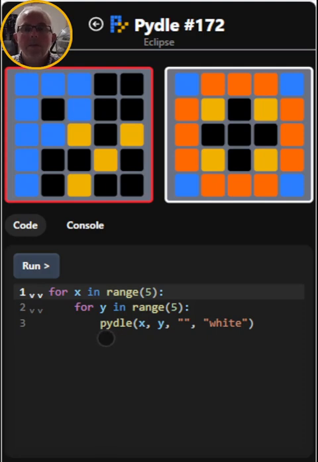Welcome to Pydle Day 172. Pydle is a daily puzzle you need to solve by writing Python code. Today's Pydle is called Eclipse, after the solar eclipse that happened yesterday. It was partial in the UK, so hopefully you managed to see that if you live in areas where that